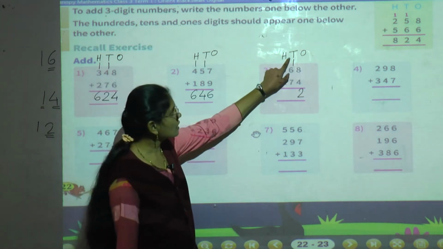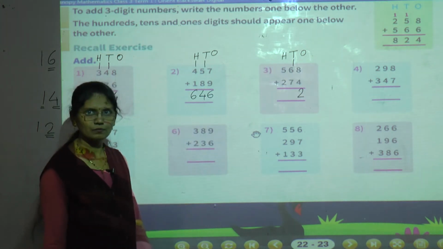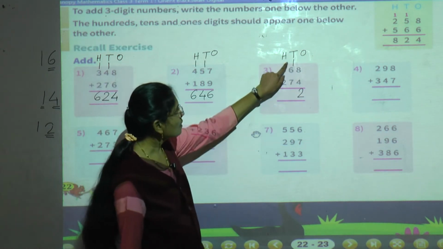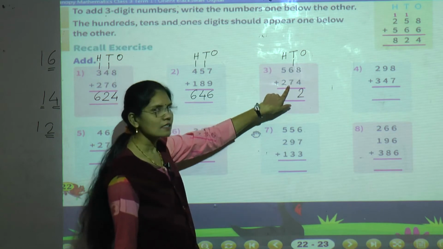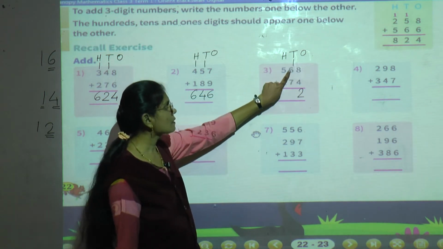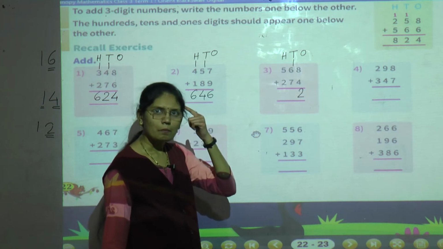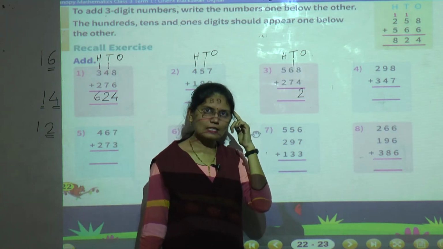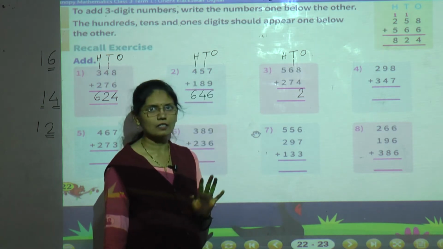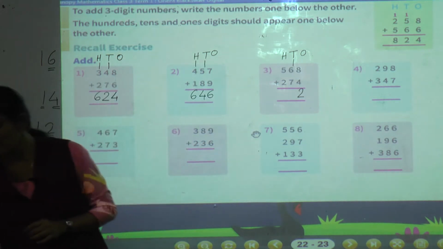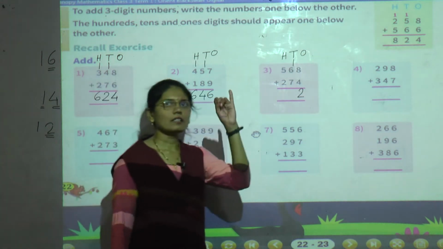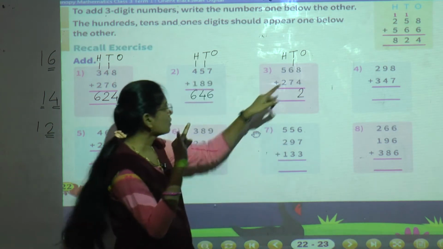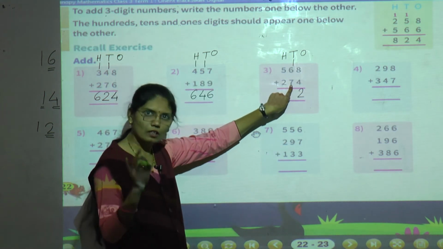Okay. Now see the tens place numbers. Now we will add the tens place numbers. At tens place 1 is there, 6 is there, 7 is there. So first we will keep this 6 in our mind and show your 7 fingers. After 6 count your 7 fingers. 7, 8, 9, 10, 11, 12, 13. So 6 plus 7, 13.